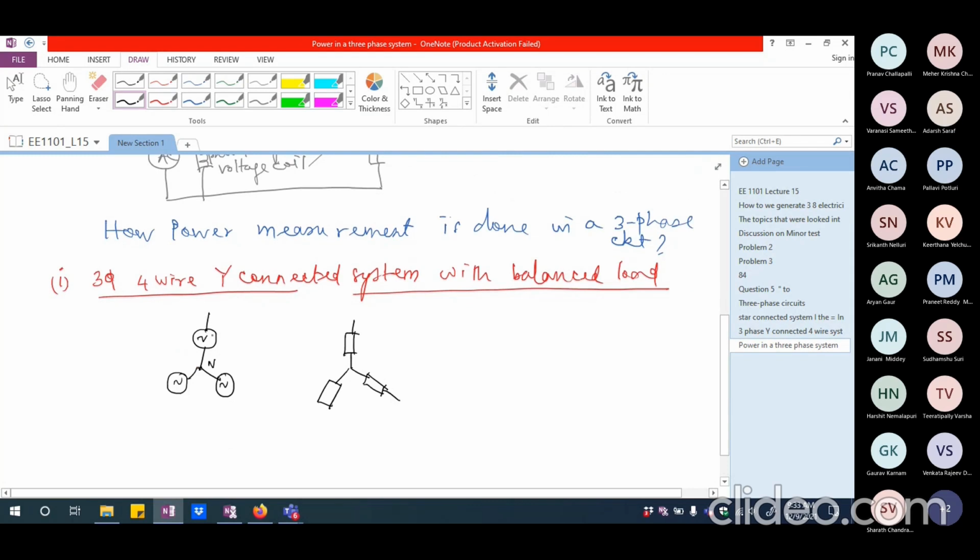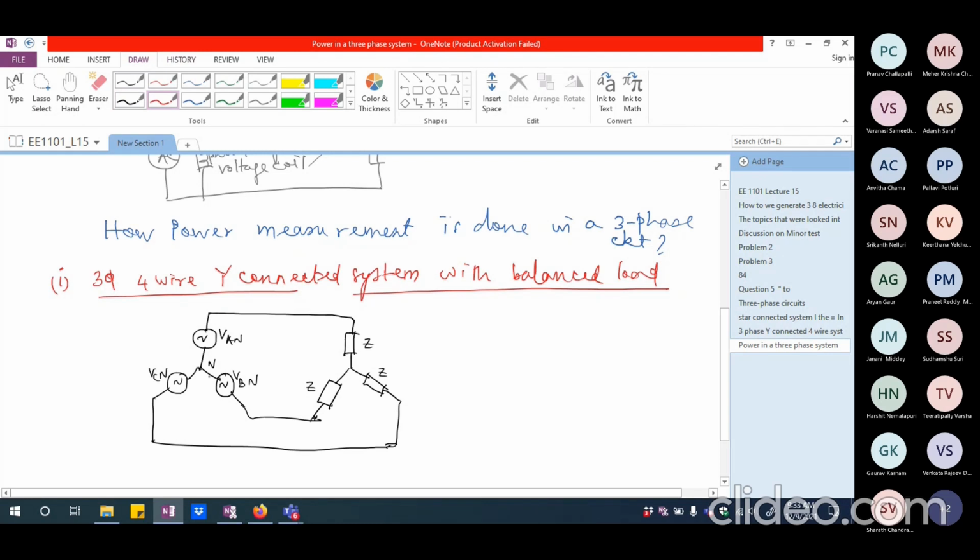Okay, so if I call this VAN and I call this VBN and this VCN, now this is connected here and these two are connected together and I'm going to connect this to this point. Okay, so let me call this Z. And I'm not even specifying ZA, ZB, ZC because I'm assuming all three of them are equal to each other,